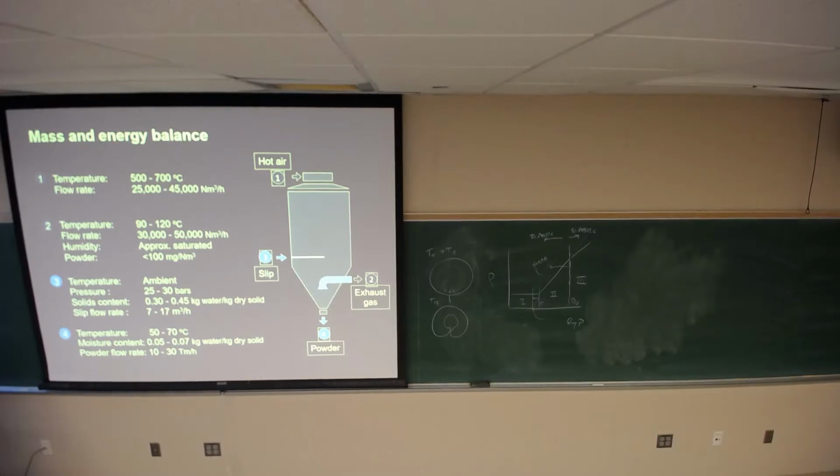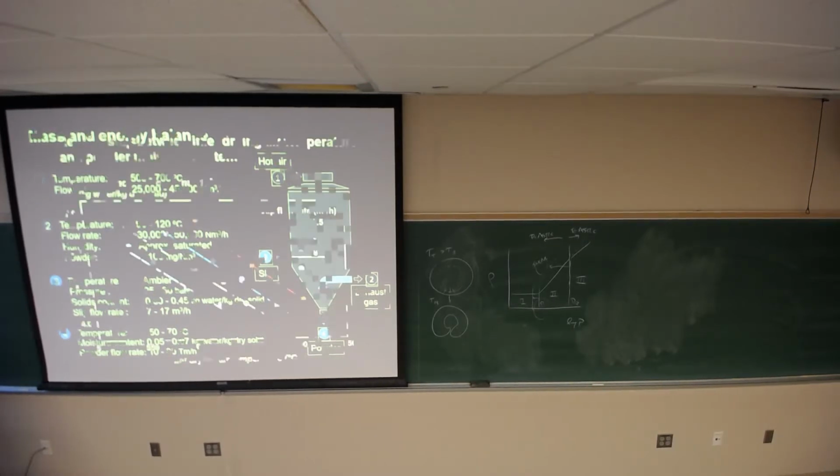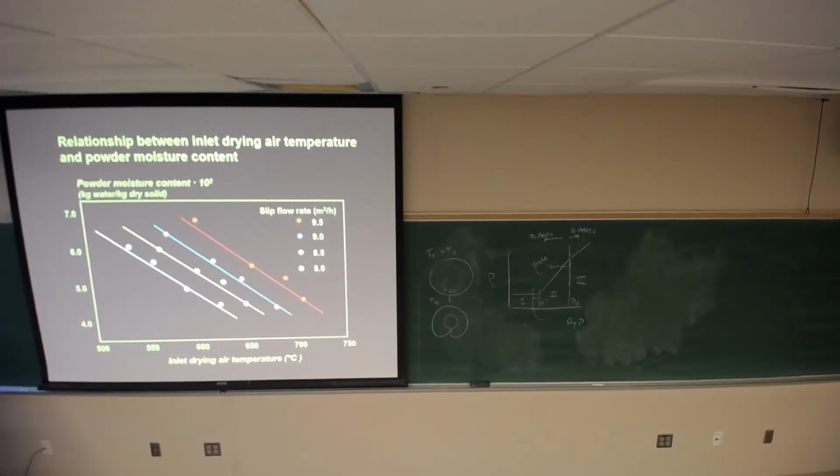Right? So let's say it's 20. You go over here, 20 metric tons an hour. You have four data points at 4 different moisture contents. Okay, so you have 16 times 20. That works out to be 320